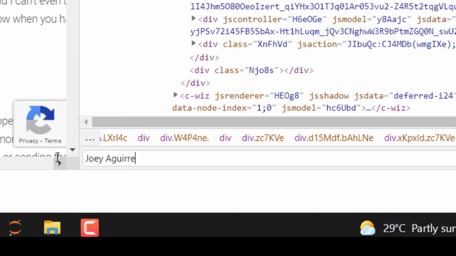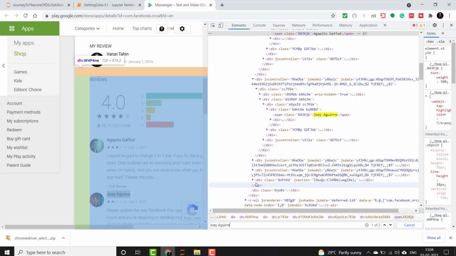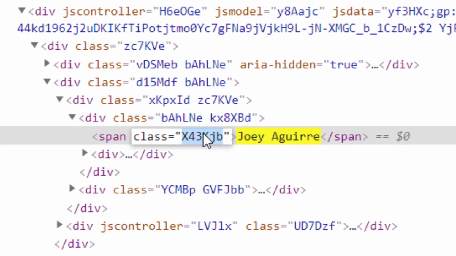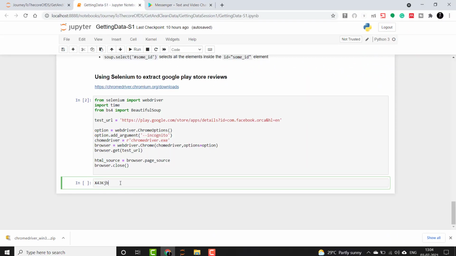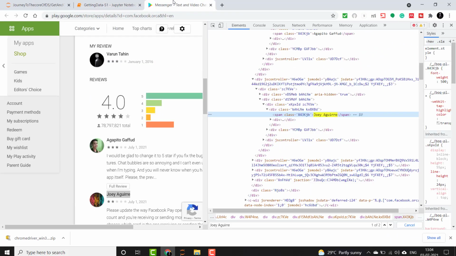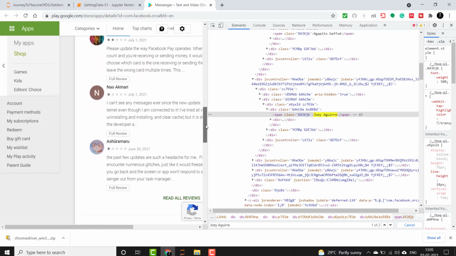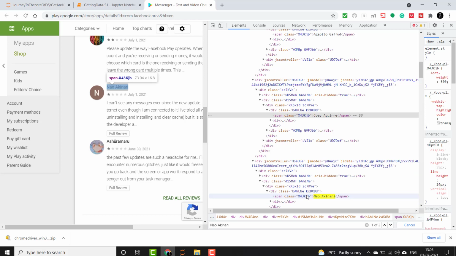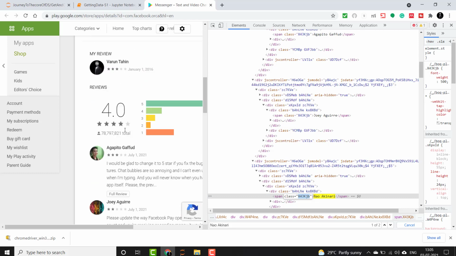Okay, likewise we will search for another author here, and you will see the same ID. Just copy it here. You will observe here that all of the authors will have the same ID. If you search it one by one, this is also the same. Likewise you can see. So for authors we have a particular ID.